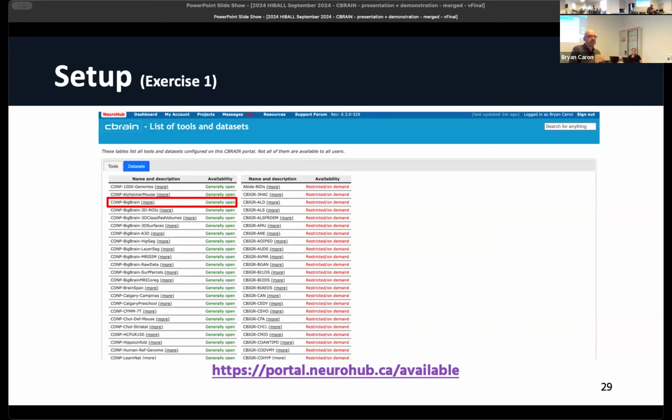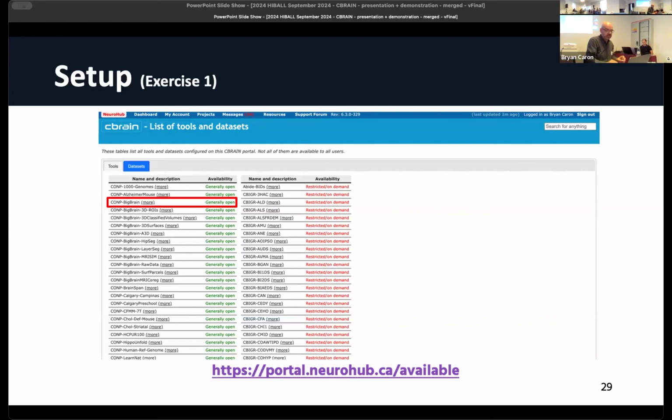So if you ever want to do a quick check, you don't have to actually log in to see the tools. This is a bit small on the screen here. But you can easily see what things are already configured from a tool description point of view, as well as from a data point of view. And it also gives you an idea of what is generally accessible. Because sometimes we have data sets that have different data use agreements, and therefore we have to, of course, make them accessible to only specific members of those projects.